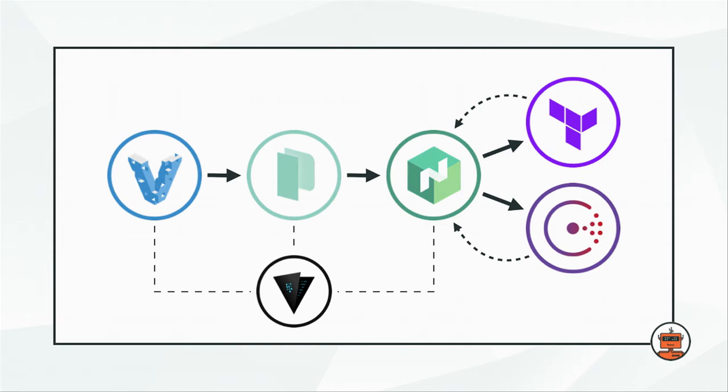Nomad runs on servers that are started by Terraform, up in the top right. And then there's Consul in the bottom right, which is sort of Nomad's registering things with Consul. Consul is communicating back to Nomad with monitoring data. And there's sort of a loop there, and Terraform's the same way. So we built this workflow out. And I talked about it yesterday. You look at this and think that there's a lot of things happening. There's a lot of arrows. And it seems very complicated. So even though we've built individual tools that do something really well, it still doesn't make the whole process easier to understand. And that's why we built Auto.